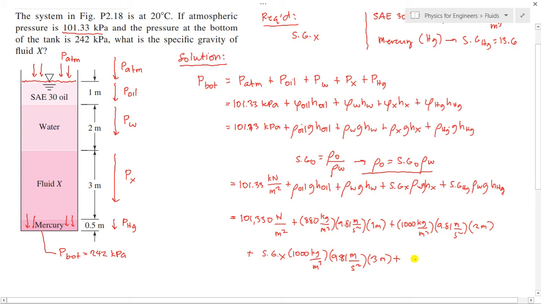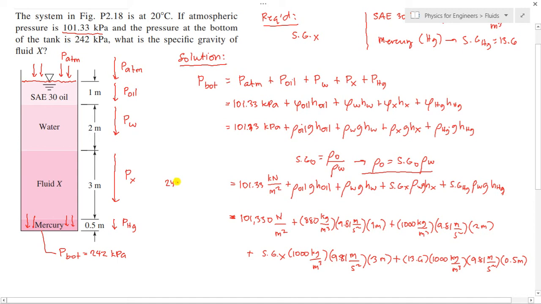SG of mercury is 13.6, so that is 13.6 multiplied by the density of the water 1000 kilogram per cubic meter, then the gravity 9.81 meter per second squared multiplied by the height of the mercury is 0.5 meters. So 0.5 meters. Okay. And then kanipod, since ang pressure sa bottom is 242 kilopascal,